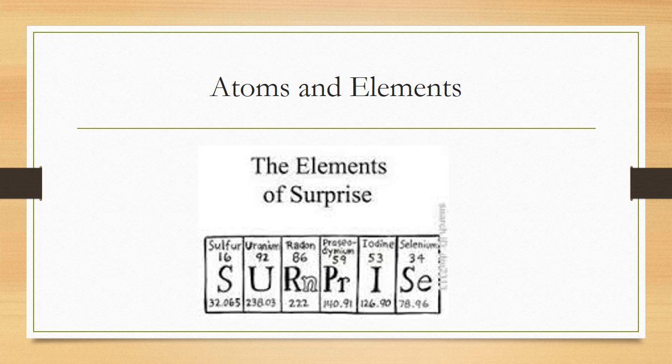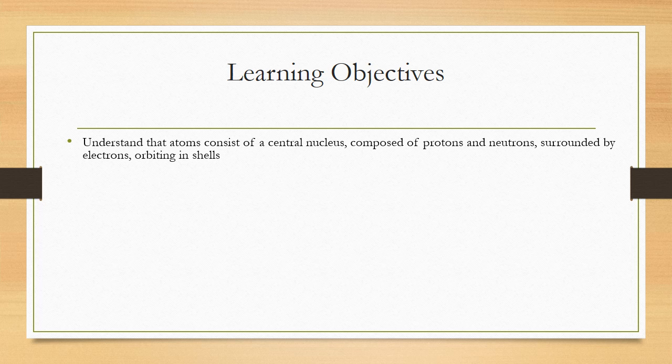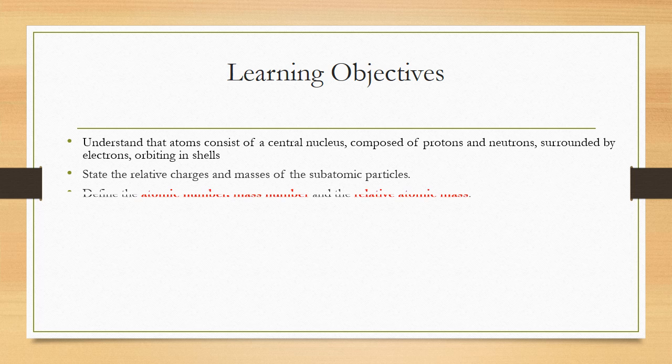Okay, so let's look now at our next topic, which is the atoms and the elements. So the learning objectives for this unit are understanding that atoms consist of a central nucleus composed of protons and neutrons, surrounded by subatomic particles known as electrons, which orbit the shells. We're going to be able to state the relative charges and masses of these subatomic particles,